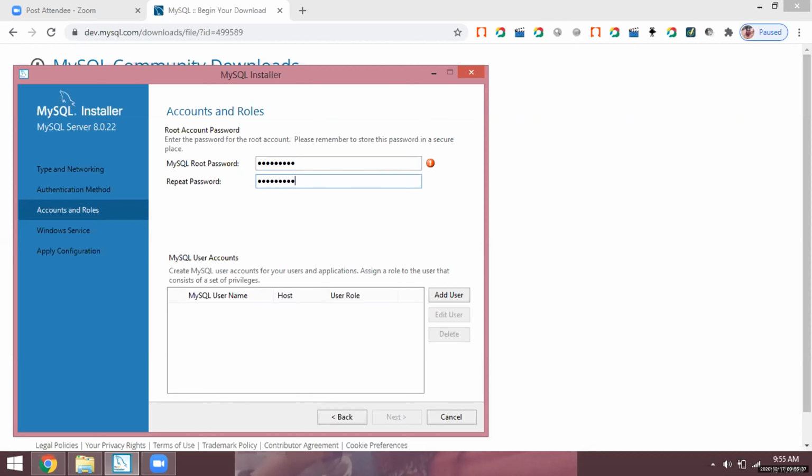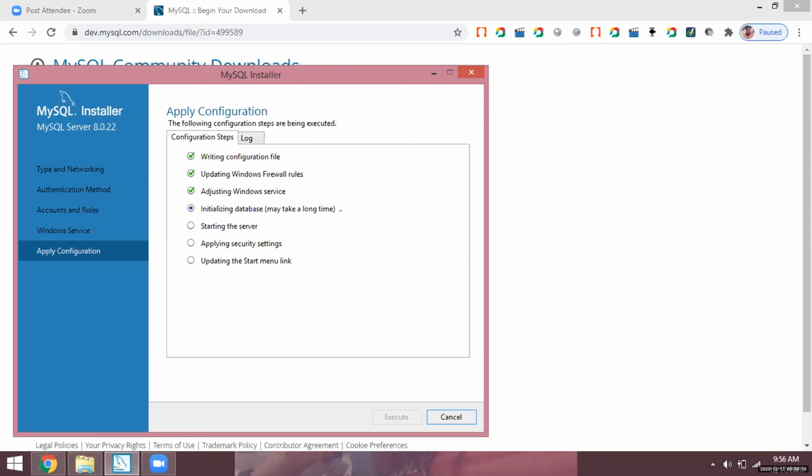So everyone listen here: writing configuration file, updating Windows firewall rules, adjusting Windows service, everything should be successfully done. Only then you can work. Installation is over or downloading is over, Nevin? Installation is over. And you also have to go through all these steps.